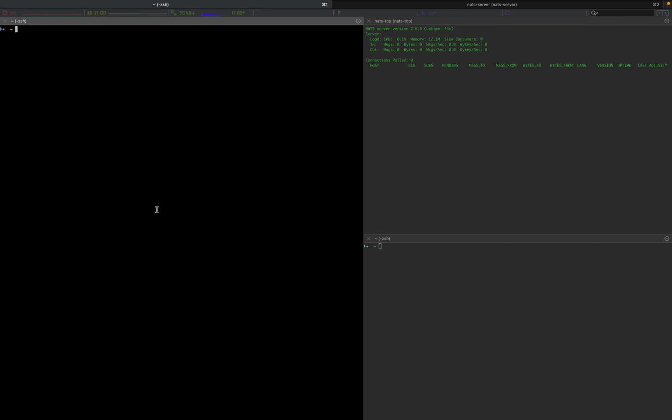Now, benchmarking with NATS Bench. You can use NATS Bench to produce two kinds of numbers. One is latency, the other one is throughput. Let's look first at latency. So the idea here is to be able to use NATS Bench to measure the round-trip time latency, process to process,